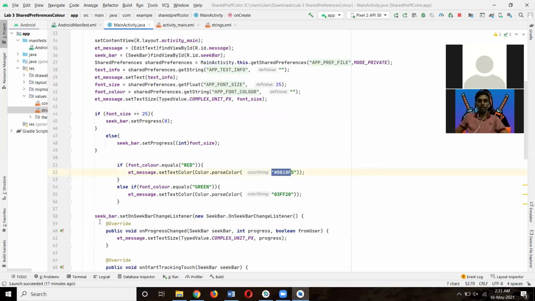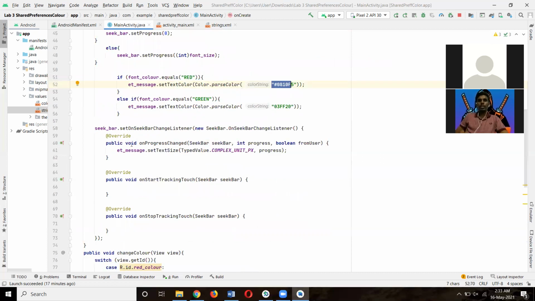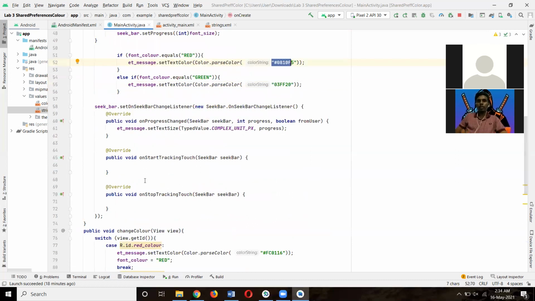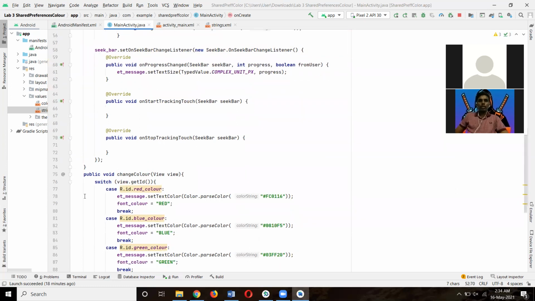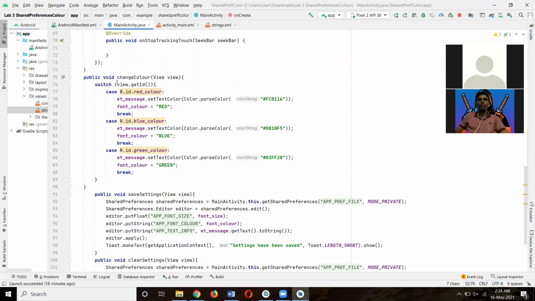Now for the seek bar. Inside the seek bar, the public void onProgressChanged does etMessage.setTextSize with TypedValue COMPLEX_UNIT_PX, the second public void is onStartTrackingTouch, and the third public void onStopTrackingTouch has nothing here. And this is the public void for changeColor.